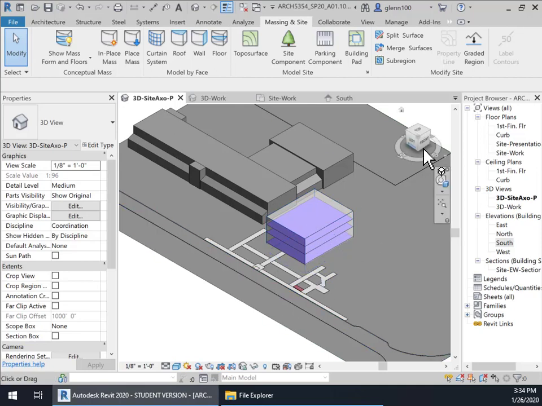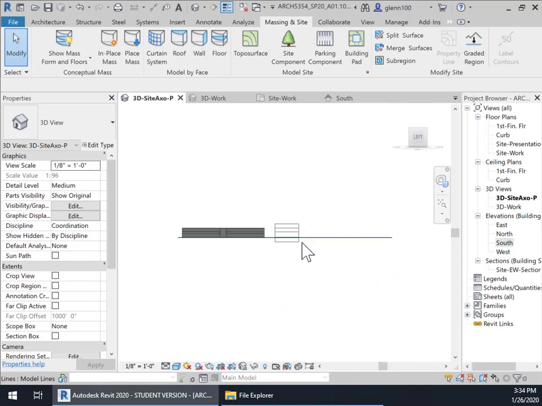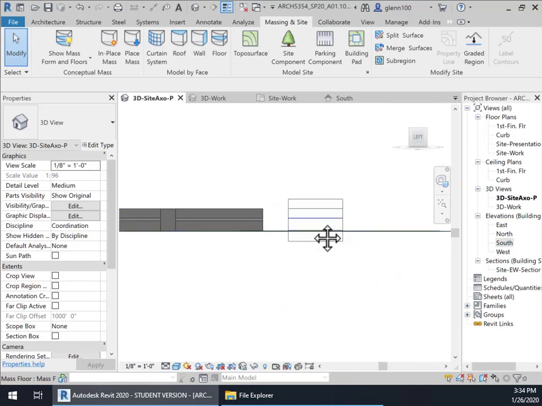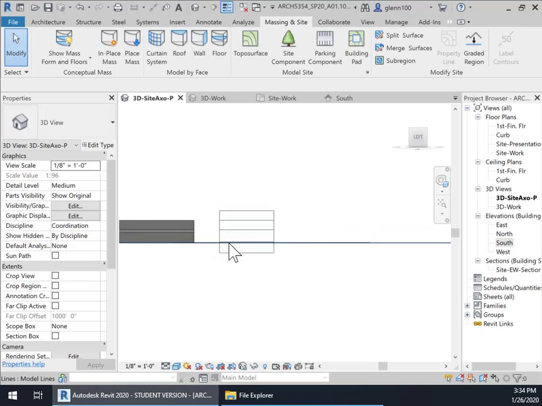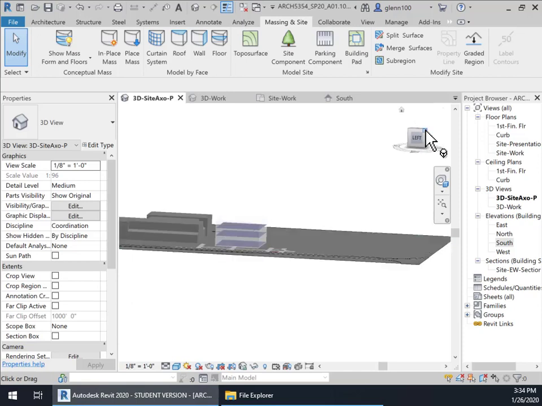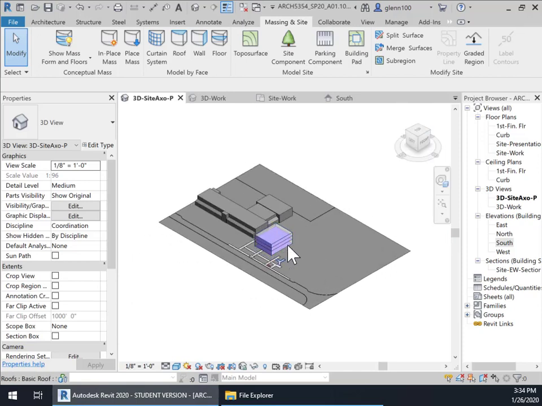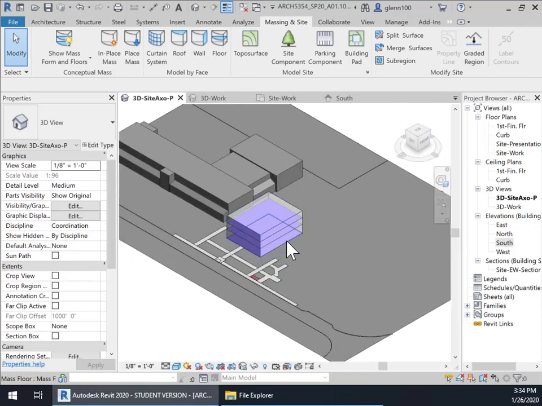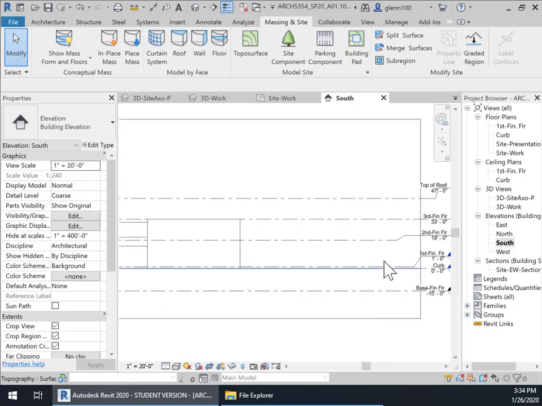Okay, and we can see now it's proportioned to everything. Okay, of course it's taller than all the other buildings around it, which I'm not. Well, it may not be taller than Holden Hall. You know, but it probably definitely reaches the maximum limit we want to go. Now, we might want to change, once again, that first floor not to be 18 feet, okay? And to do that, all we need to do is go in and change the level. So if we go into the south elevation